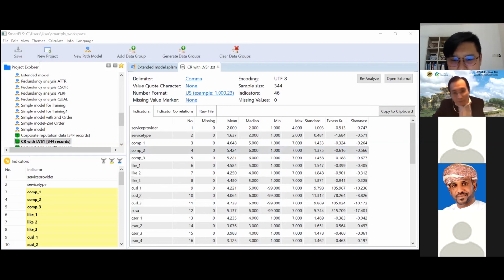can you see my screen, SmartPLS? I don't know whether I'm in SmartPLS right now. All good? I'm very late, I missed out. Okay, so